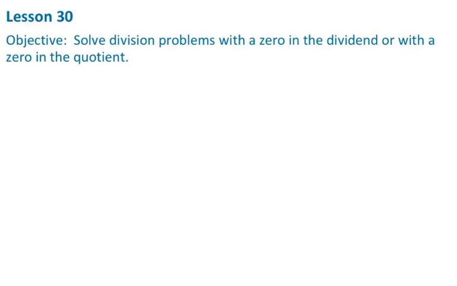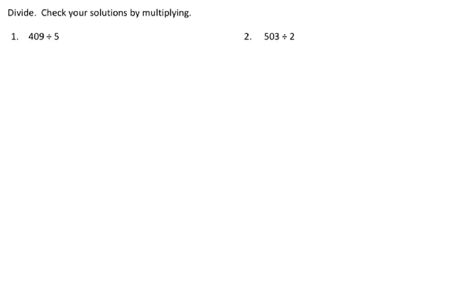This is grade 4, module 3, lesson 30, and the objective in this lesson is to solve division problems with a 0 in the dividend or with a 0 in the quotient. So we're going to look at homework problems number 1 and 2, and the directions say divide and check your solutions by multiplying. So number 1 is 409 divided by 5, and I'm going to do this by doing